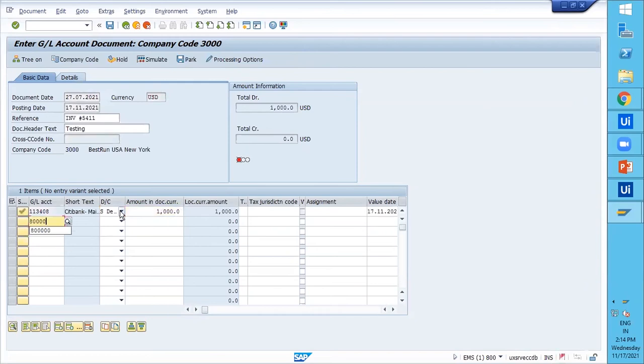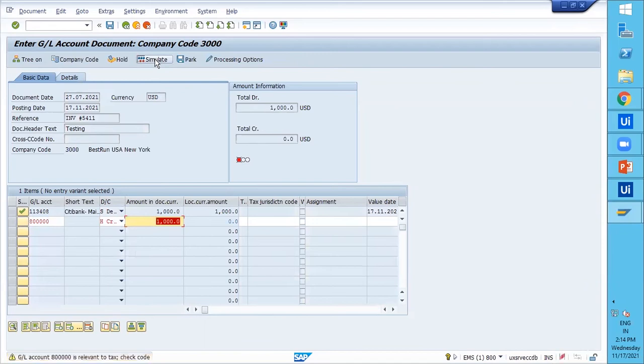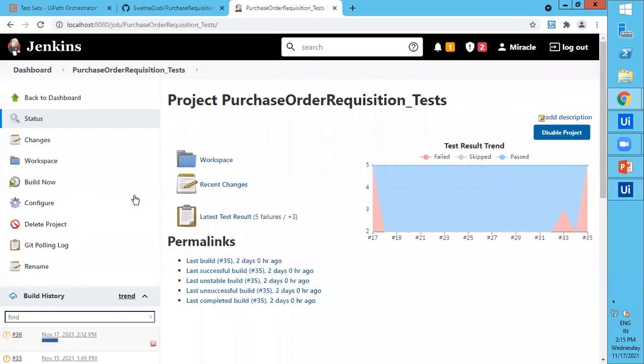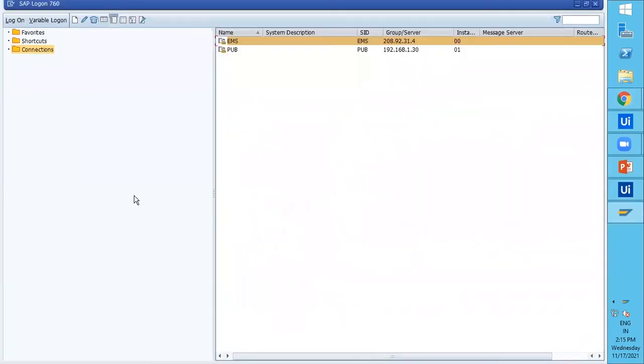As we expected, three test cases must be passed and two must be failed. This is the third test case, right? The bot gives the GL account number is invalid, so it throws an exception. So this test case will be failed. This is the failed scenario. The bot logs out from SAP, and now it picks the fourth test case. As of now, two test cases are passed and one is failed.